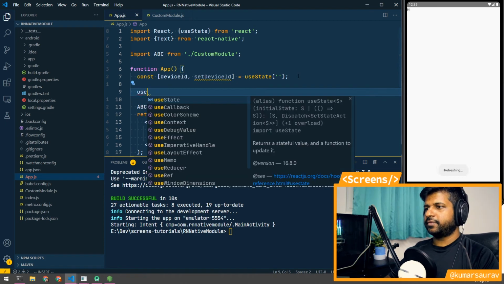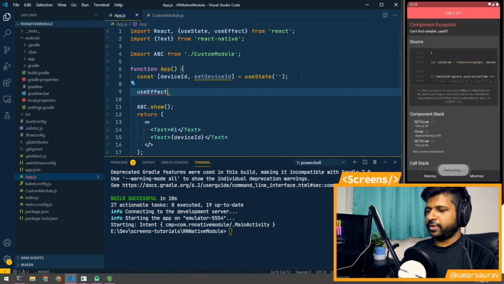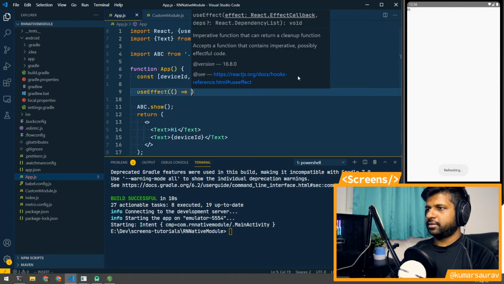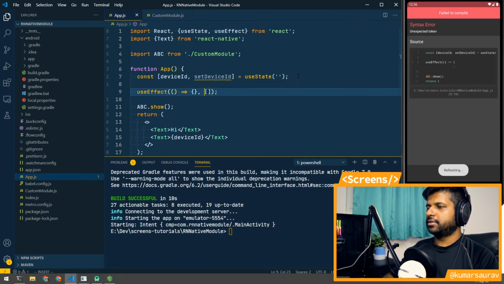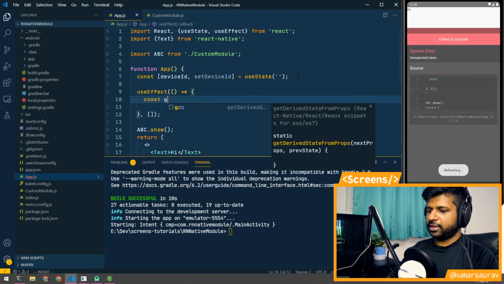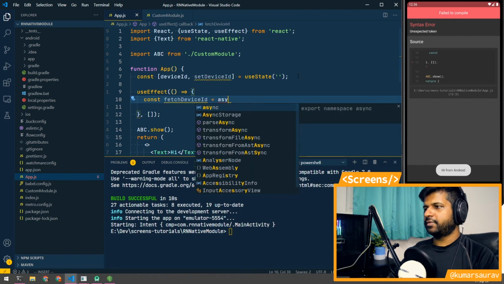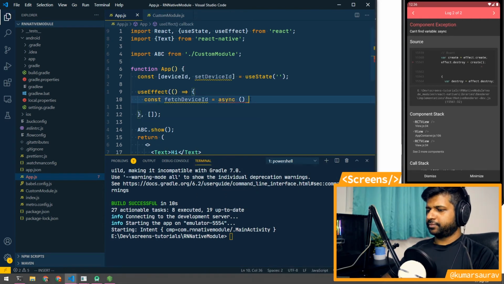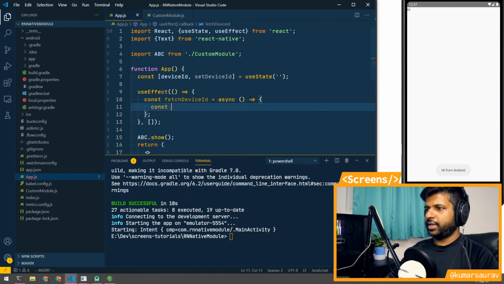So for that, I'll use useEffect, and we'll create an async function. Let's call it fetchDeviceId, and it will be an async function. And in the async function, we'll use await.